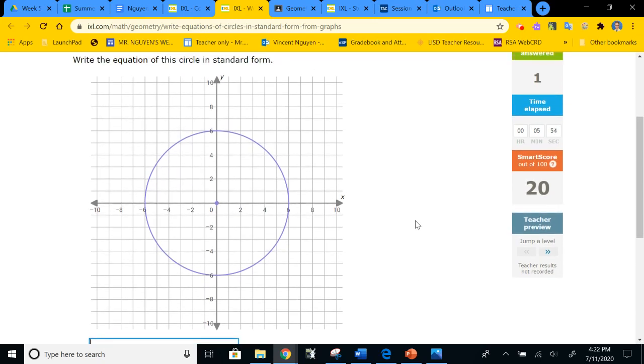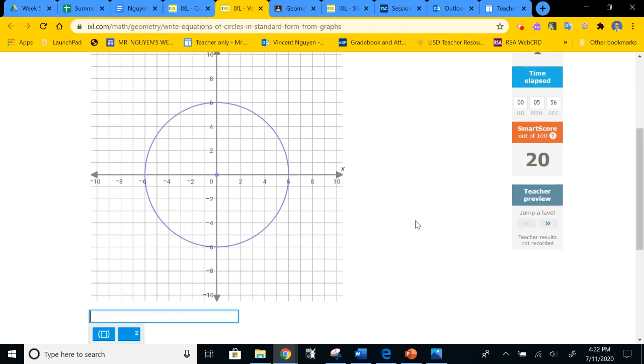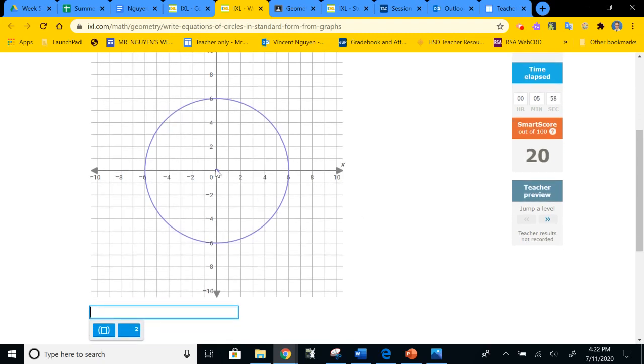Okay, so here is our circle on a graph. To write this, we need the center. Again, it's 0, 0, so we don't have to write anything. It's just x squared and y squared. The radius looks like it's 6 units long, right? So we're going to do x squared. Oops, it's not typing. Plus y squared